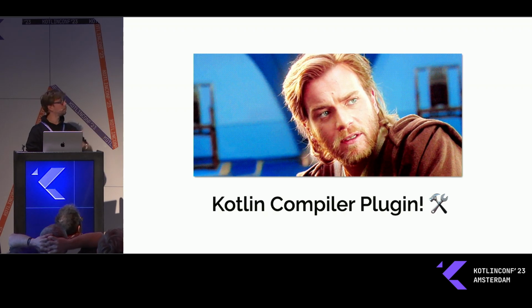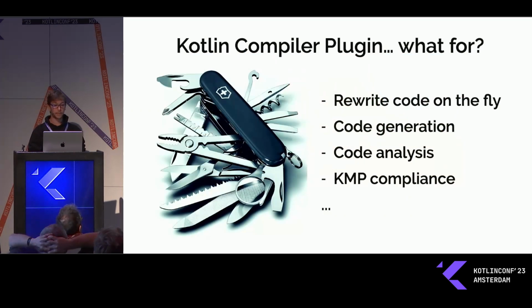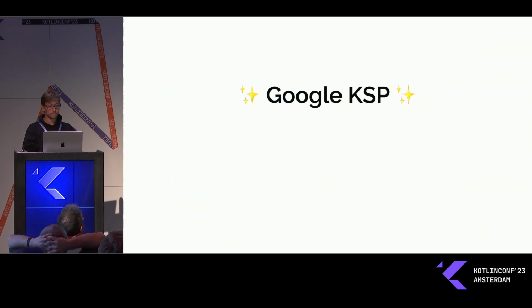And then this is where we are introducing the Kotlin compiler plugin. The Kotlin compiler plugin is the space where we can really begin to analyze your code, even if we want to rewrite code on the fly. But let's keep things simple. It's a good way for us to introduce new tools for the annotations. And we are then stepping up with Google KSP that provides us some good tools to avoid going deeper into the complexity of